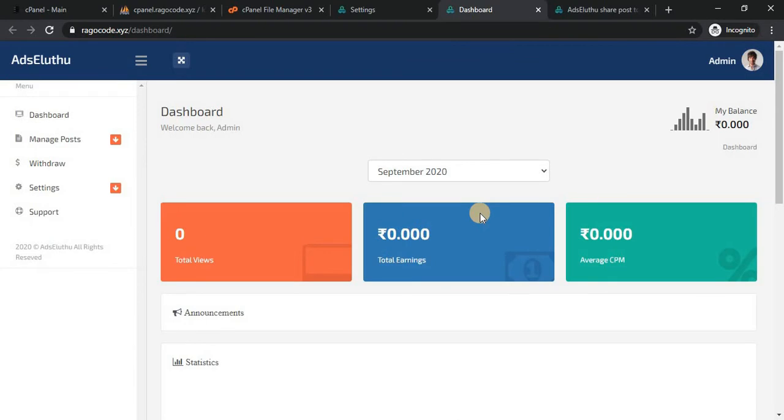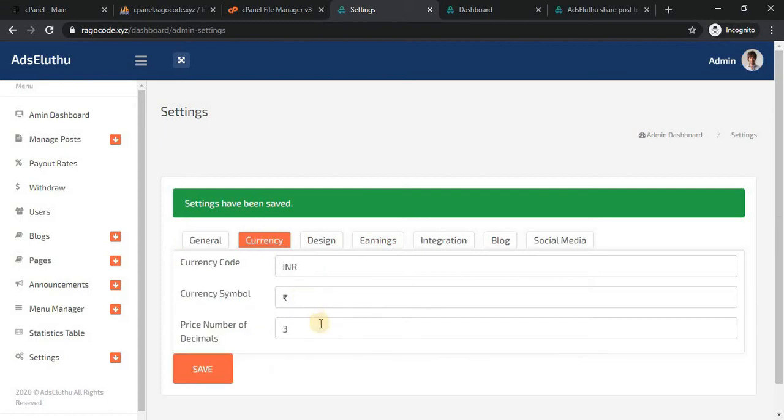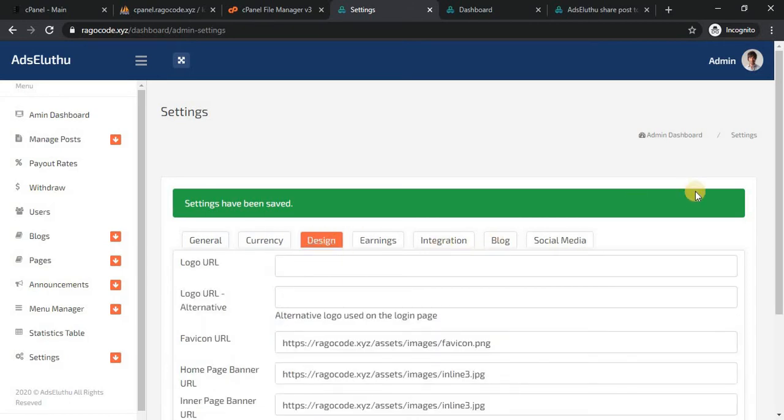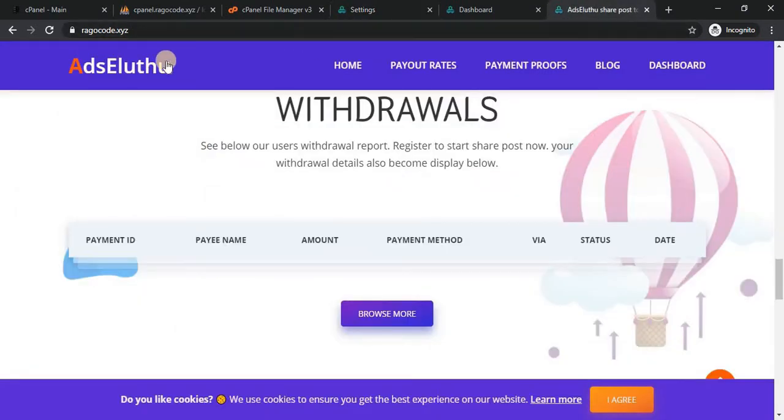Whichever country you are in, you just change your currency symbol and how many digits you want, just enter it. And the other category is design. This design is the logo area. If you want to set a logo, you just enter the logo URL like this. It will be changed here,